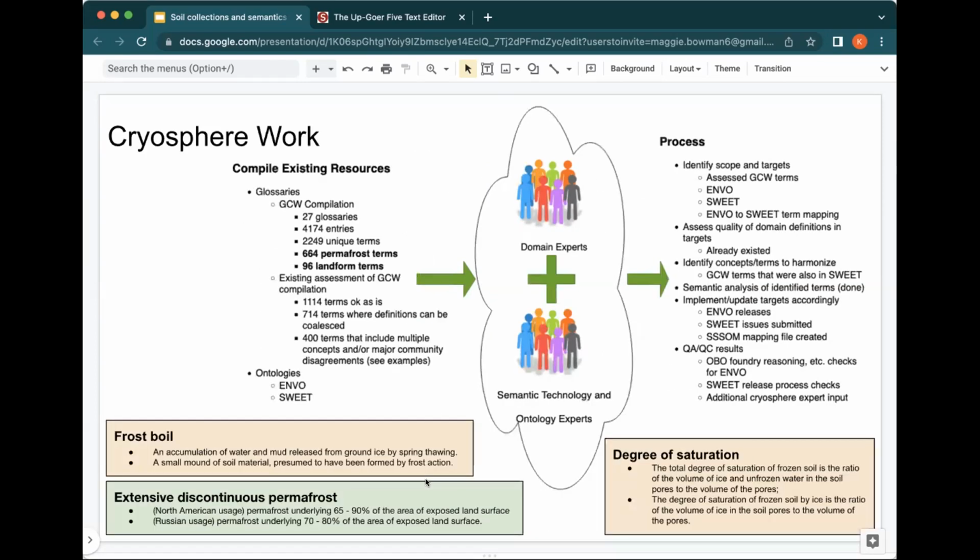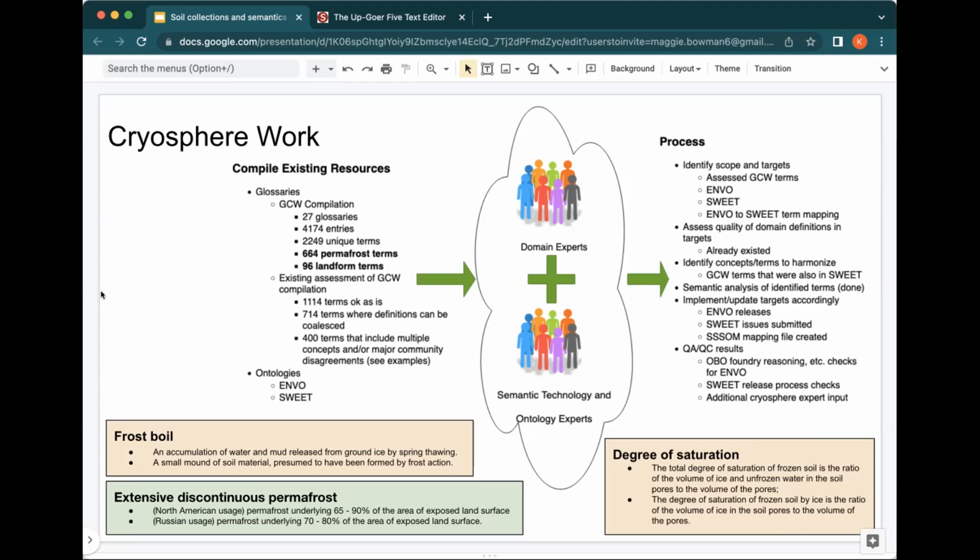And we started doing this work with the cryosphere, where I had already been funded by the Global Cryosphere Watch to look at 27 cryospheric glossaries with their 4,000 different entries, of which only roughly half were unique. I do note that from those glossaries, there's a large number of permafrost related terms and a large number of landform terms, which this particular community might be interested in, since permafrost is really soil, and landforms usually are made of soil.